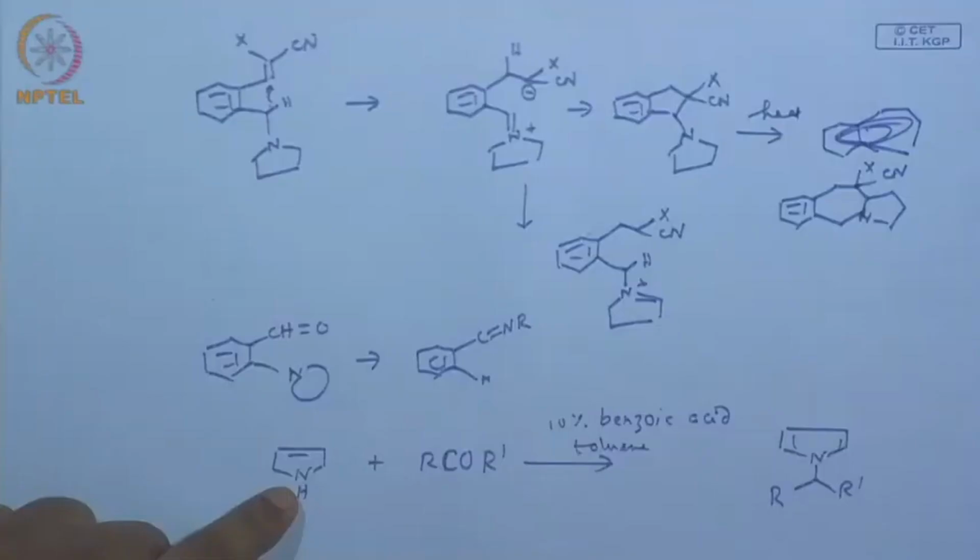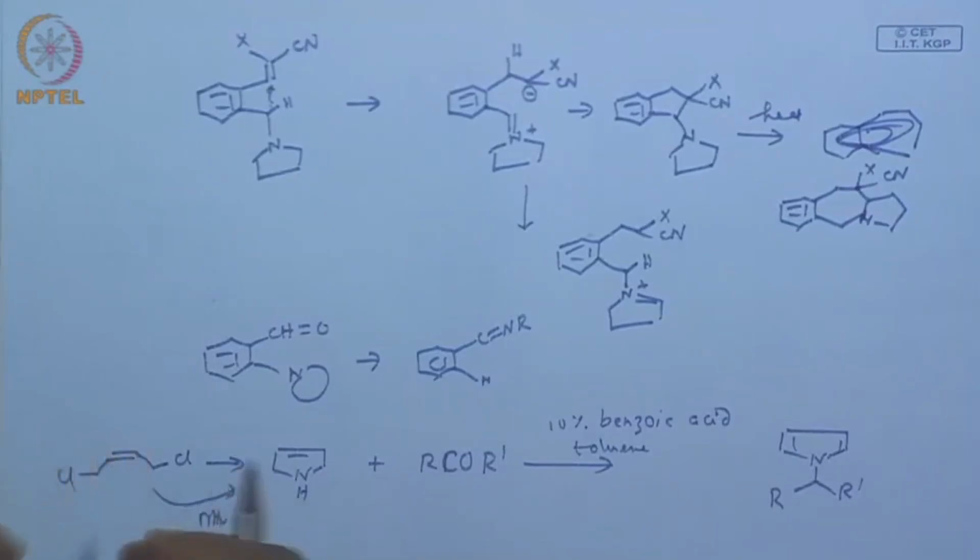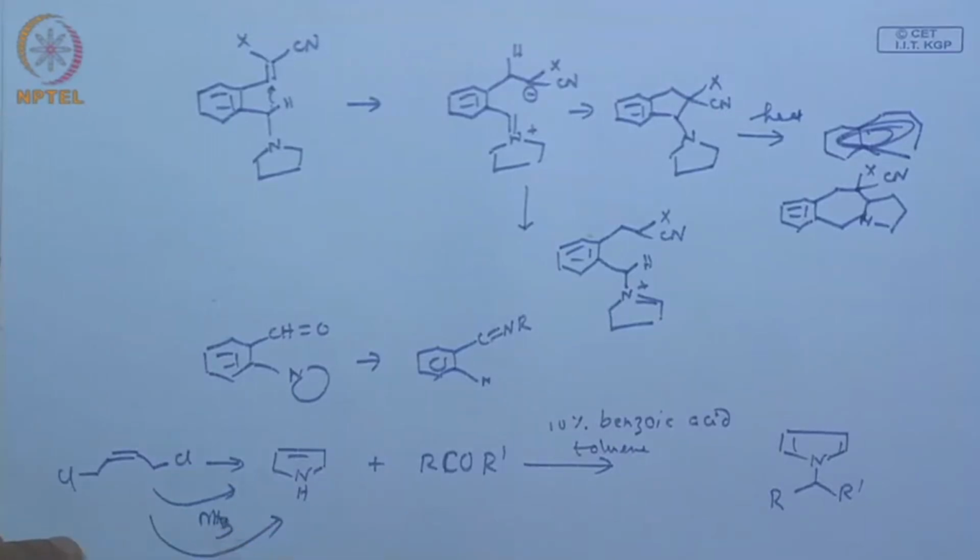So, again the iminium salt is formed. Now, internal hydride shift and transfer, and for these pyrrolines, I think all of us know how to make them, right? These pyrrolines can be made from this cis chloride with amine, and this is obtained from the corresponding acetylene and butane 1,4-diol, hydrogenation, chloride formation, and then this. Or else, what you can do, even without using ammonia, you can use